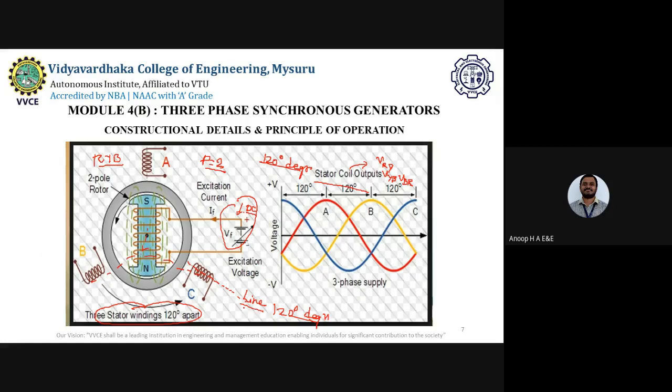So what do you see here? What you see here is poles that are present. These are more or less the field poles, or the field winding is wound on the field pole. Here you will have the field flux which is to be generated, and it will be linking the stator conductors. Okay, stator conductors are present. All right, so this is the simple working principle of a synchronous machine.